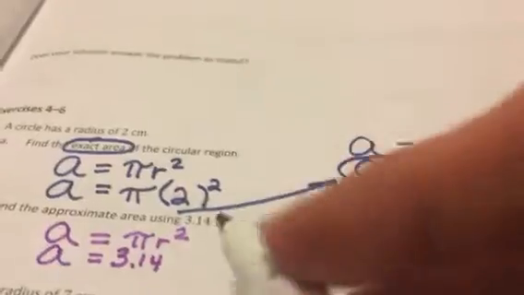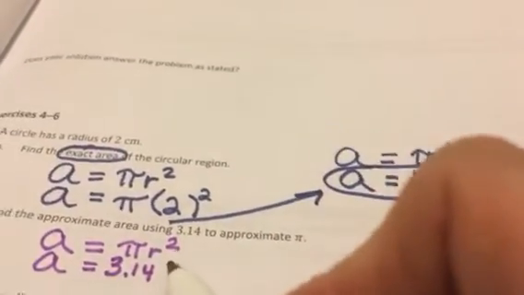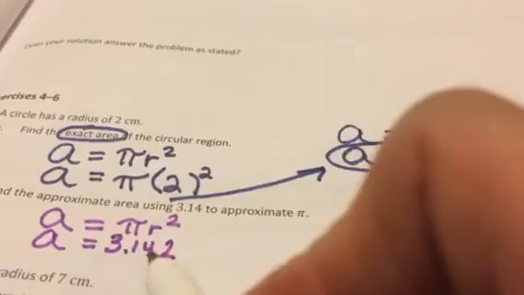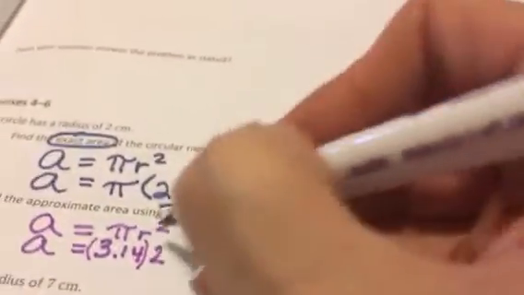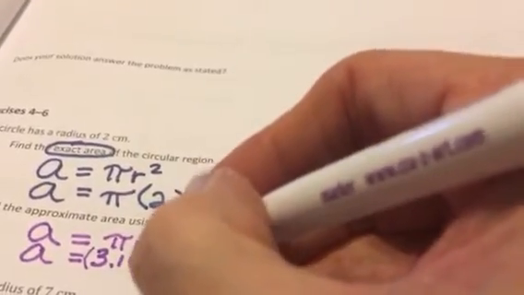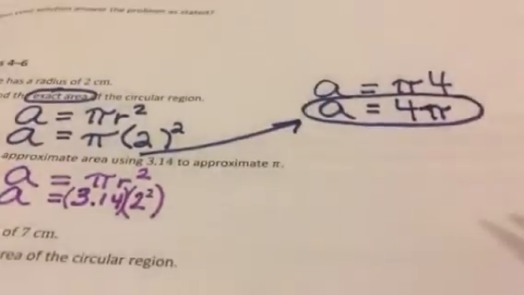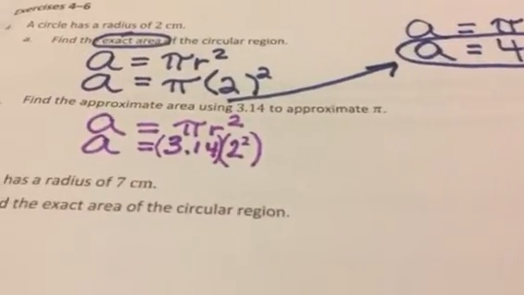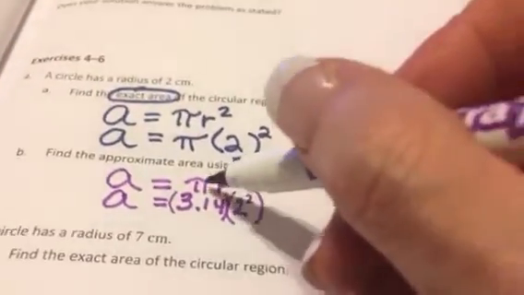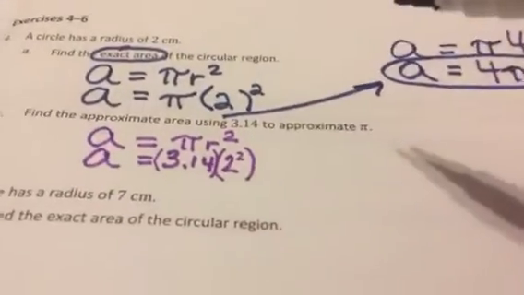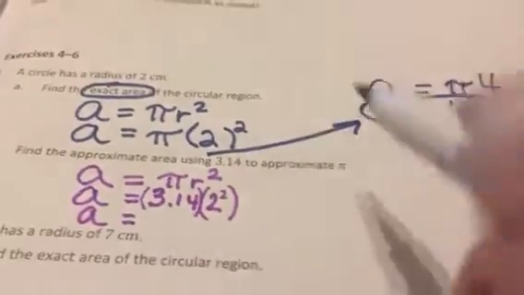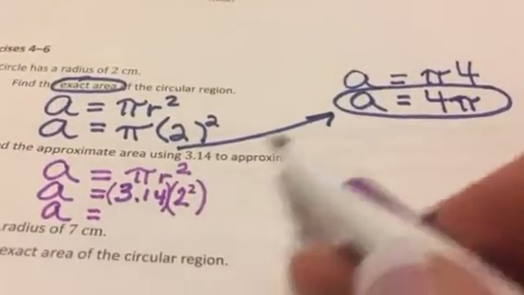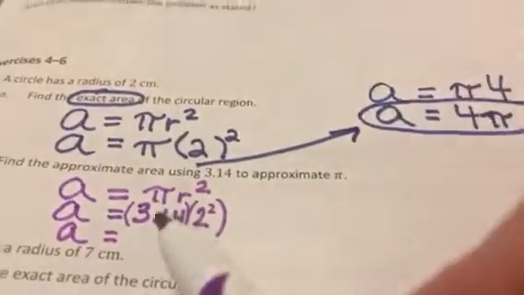So right underneath pi, instead of the symbol pi, I'm putting 3.14. Now the R is a 2. Now we don't want people to think that's 3.142. That's why we put parentheses to say this is by itself and the 2 squared is by itself. Okay? We don't want them to think it's one big long number. And remember, the pi and the R are squished together, which means multiply. So next row. You got to figure out what 2 squared is, which we figured out a minute ago. It's 4. So you're going to do